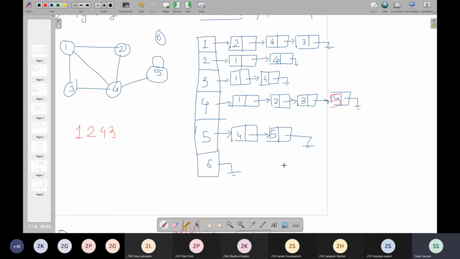This is 1, 2, 3, and 5. So I'll be visiting 5 over here, right? Once I visit 5, then I'll come back. I'll go to 3 now. 3 will also be treated as explored, right? Then I'll go to 5, and now 5 will also be treated as explored. Once my exploring is done here, my traversal is done.